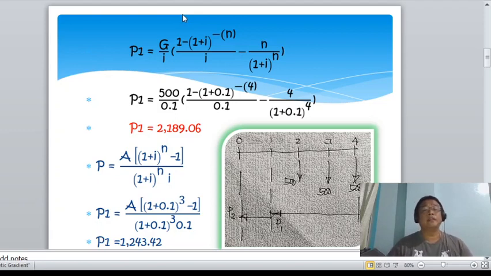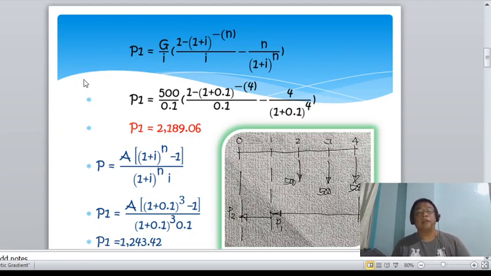So we have here the derived P, or the present worth, is equal to G over i multiplied by 1 minus (1 plus i) raised to negative n over i, minus n over (1 plus i) raised to n. So substituting now the gradient, which is 500. So the difference between the first payment and the second payment is 500, and also for the third and the second. Okay? So computing now the value of P sub 1,